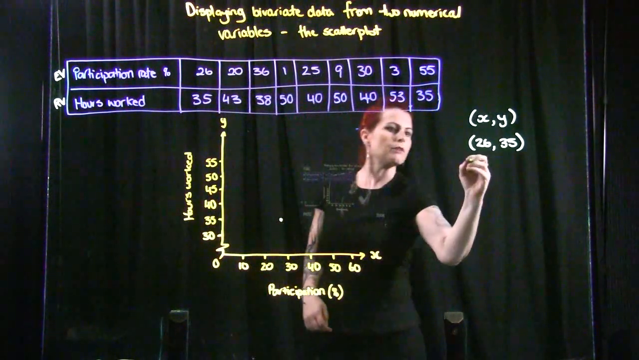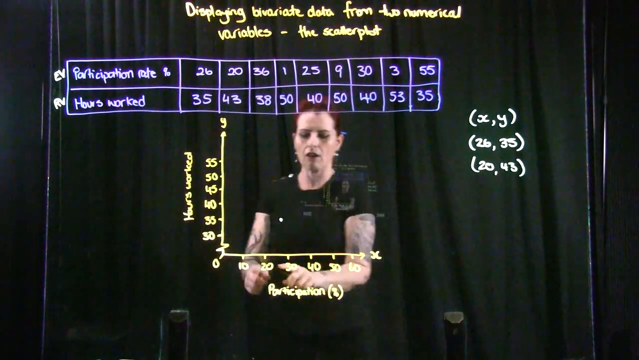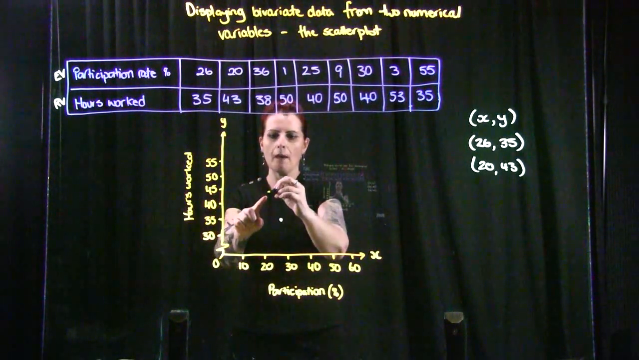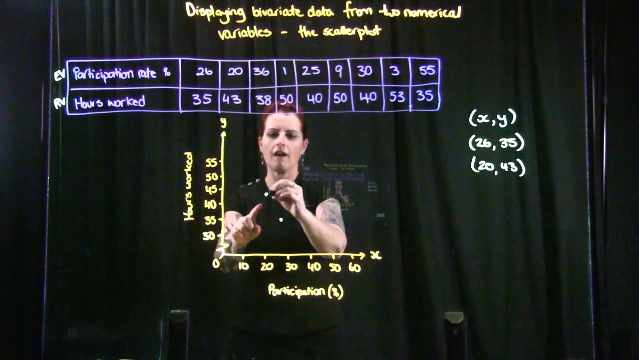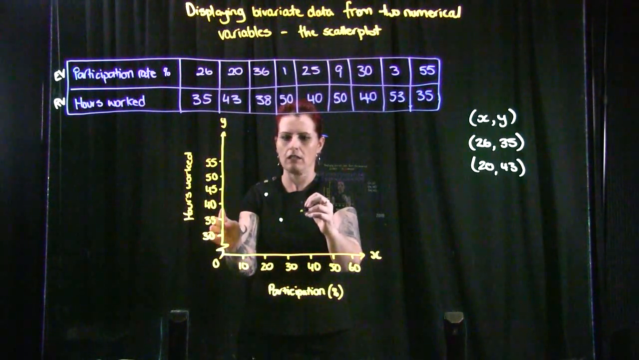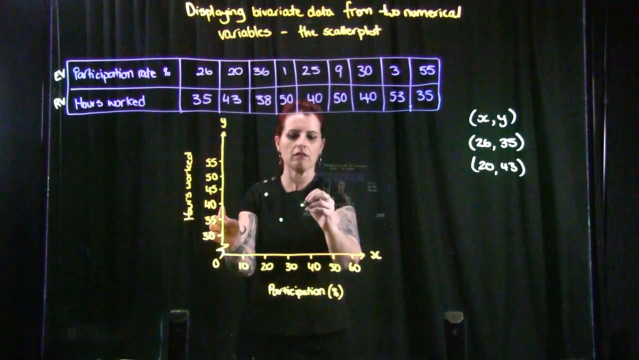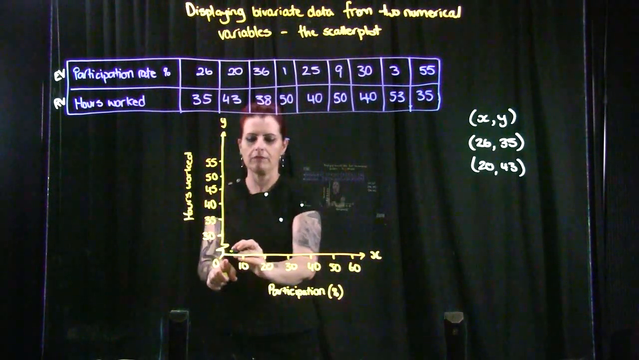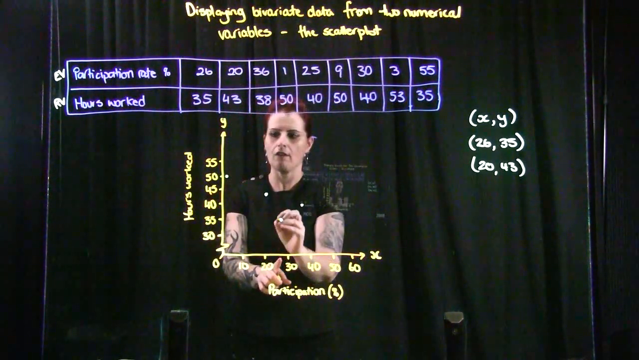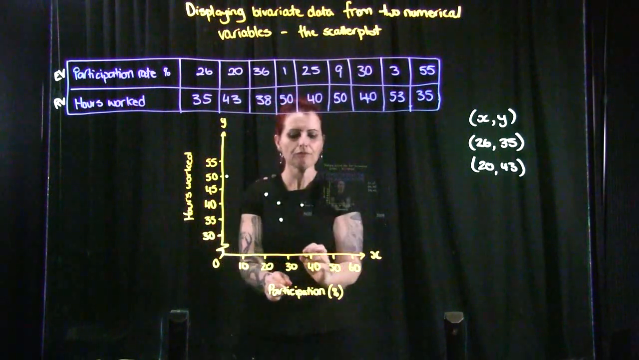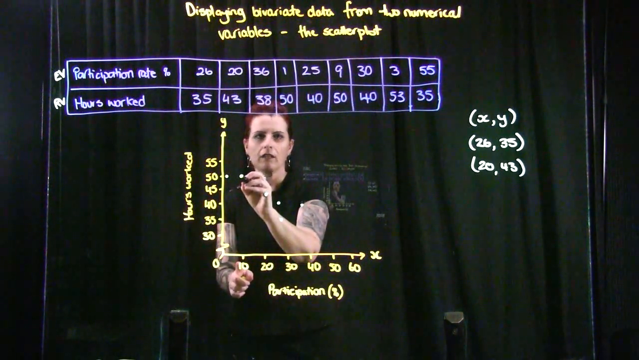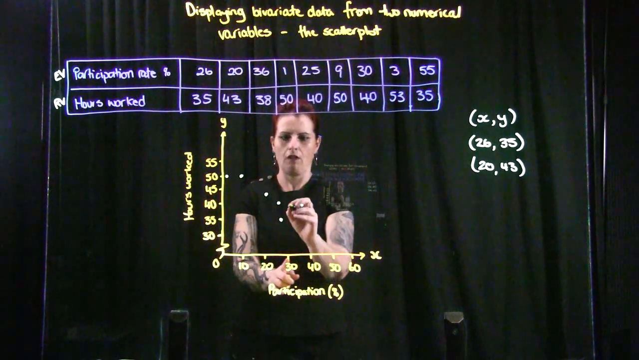Next one, 20, 43. So again, I find 20 on the x-axis because it's first, and 43. Once again, much easier when you have lines on graph paper. Then 36 on the x, 38 on the y, 1 on x, so it's well down here, and 50 on the y, 25 on x, 40 on y, 9 on the x, so just before 10 there, then up to 50 on y, 30 on the x, and 40 on the y,